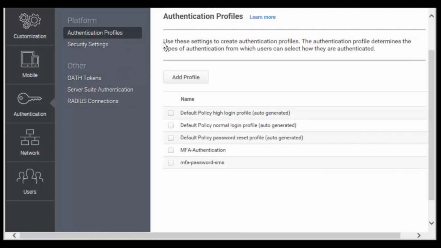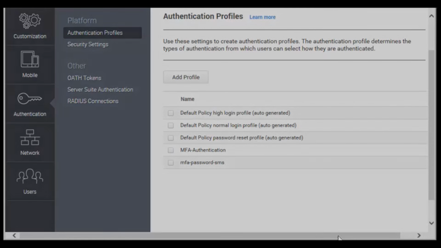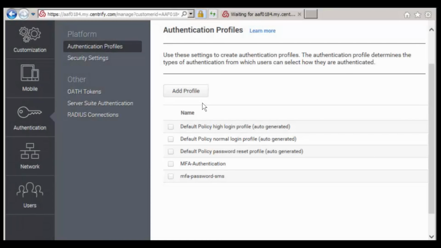And you will be directed to the Authentication Profiles page. On the Authentication Profiles page, you will already see 3 available profiles. You may select one of them, or you can also create your own. Let's take a look at the predefined ones. Selecting the High Login profile,